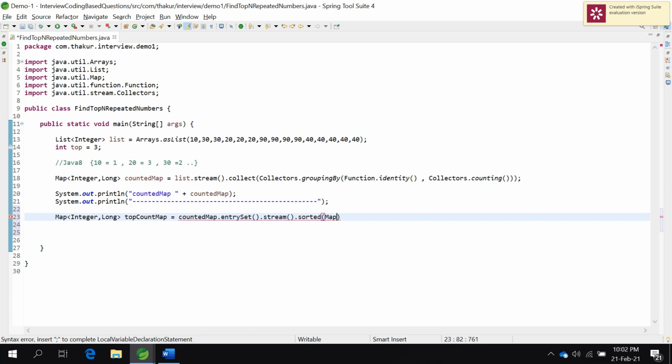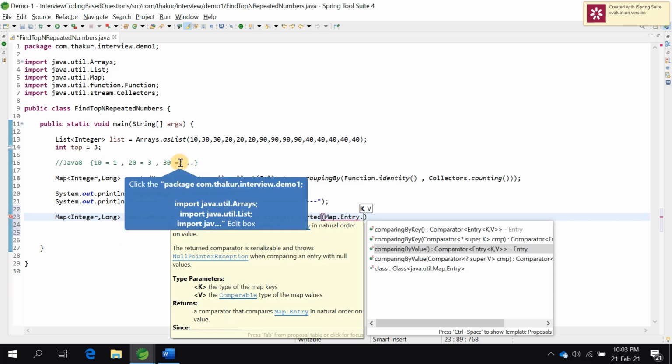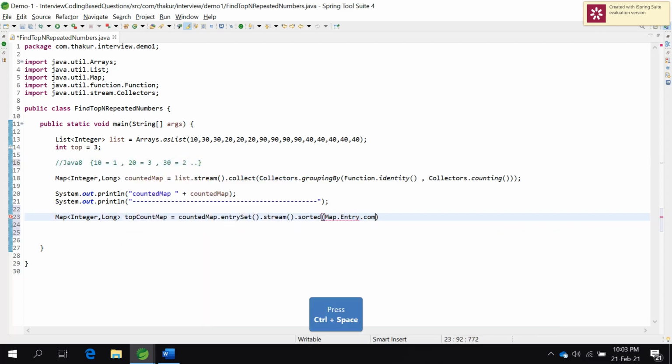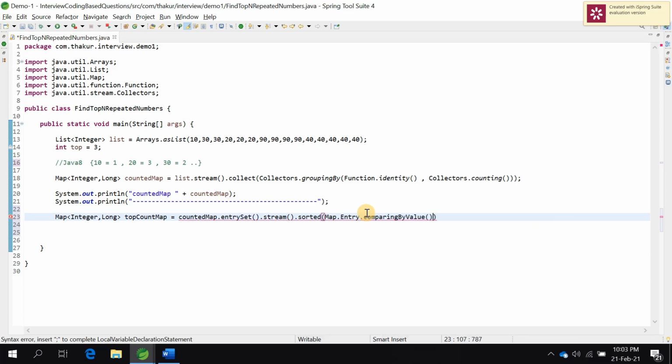Okay, so here the map has one Entry interface, and Entry is one of the objects. One pair, basically. This map contains many pairs, right? So we have one pair, and I will perform some operation on it. So I will use comparingByValue, because I want to perform the operation on the value, like on these values 1, 3, 2. I perform the operation on comparingByValue, not on the key. That is a very important thing, which we have to understand.